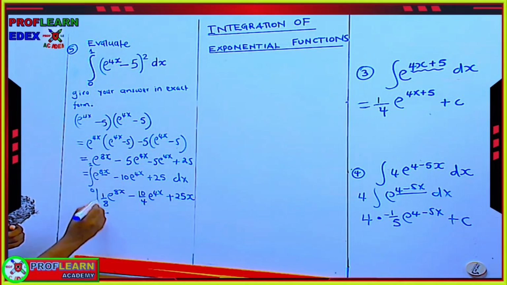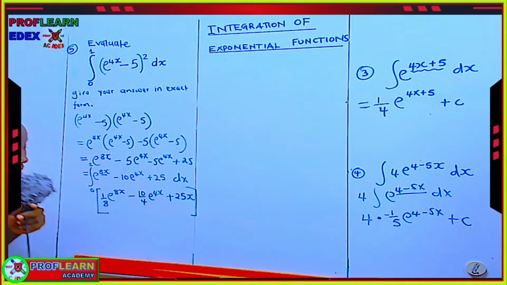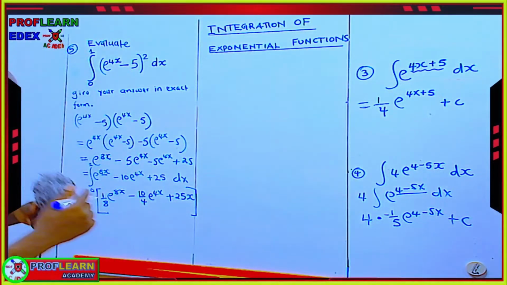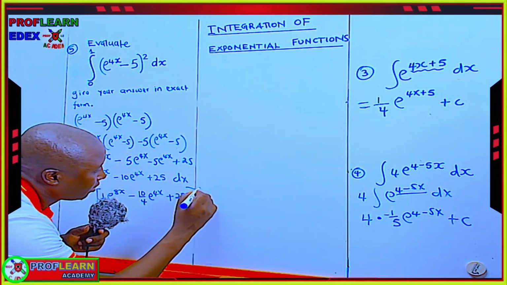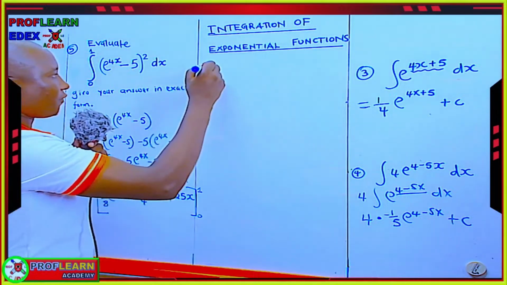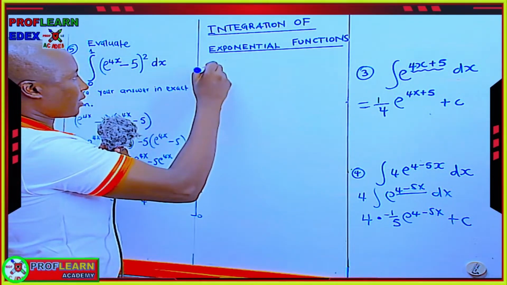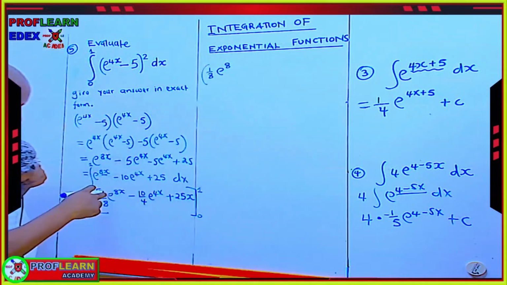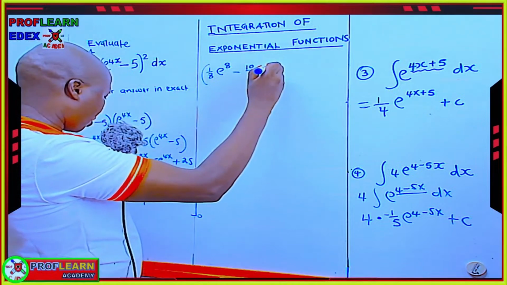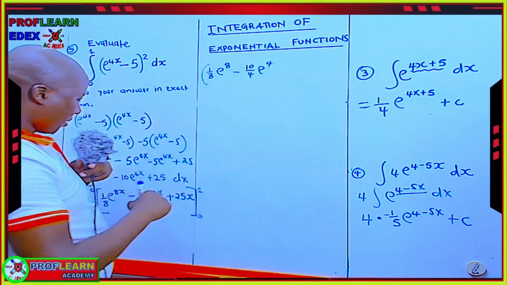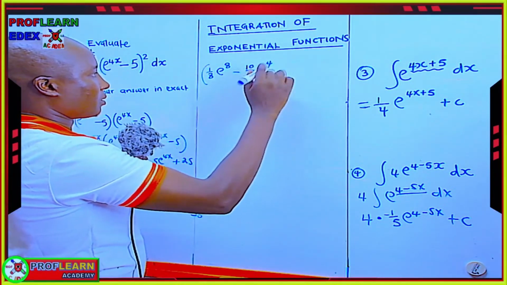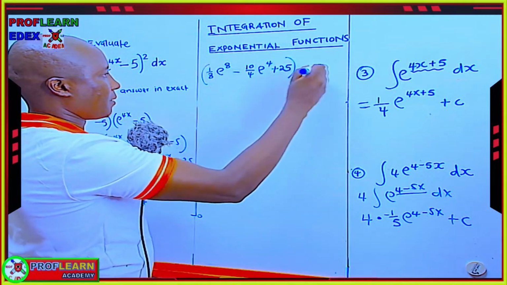We are not going to include the constant because we have the limits. So we shall say this is 0 and this is going to be 1 there. If we put 1 here, the first part of the equation will be, in brackets, 1 over 8 e^8 because 8 times 1, minus 10 over 4 e^4 because 4 times 1, then plus 25, minus